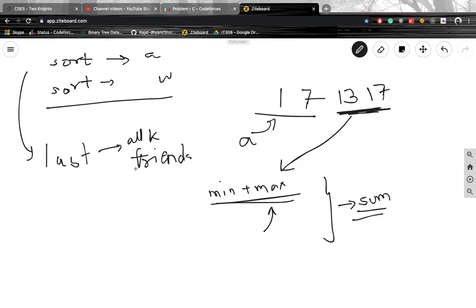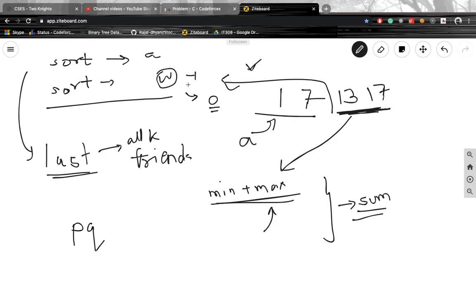This is K. Okay, so last all to all K friends, and we will decrease this W value by 1. If the W value gets to 0, then we will eliminate that. So how am I doing this elimination in O(1)? Through a priority queue. And also, after giving the last K elements, for arranging all the other elements, we will give the max to the one which has the least size, so that the total sum will be max.